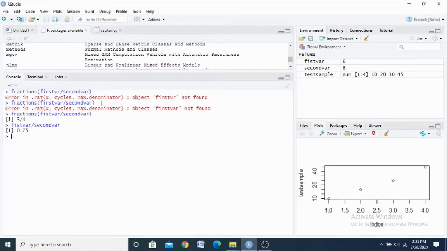But when you are using the fraction function, it will be displayed like a fraction. If you are displaying any formula, okay, left hand side 3 by 4 equal to right hand side the value, then you can use this.